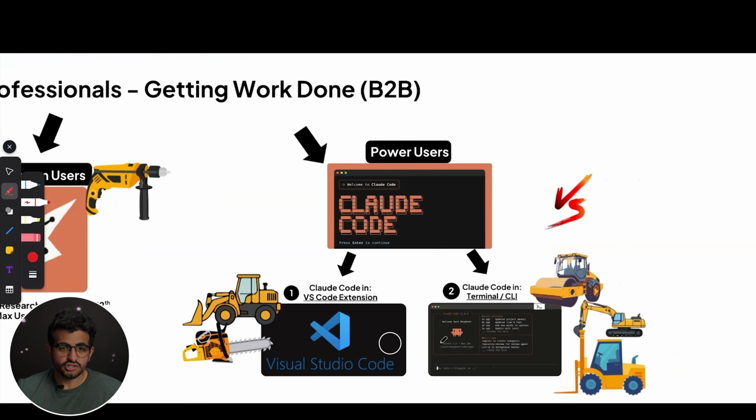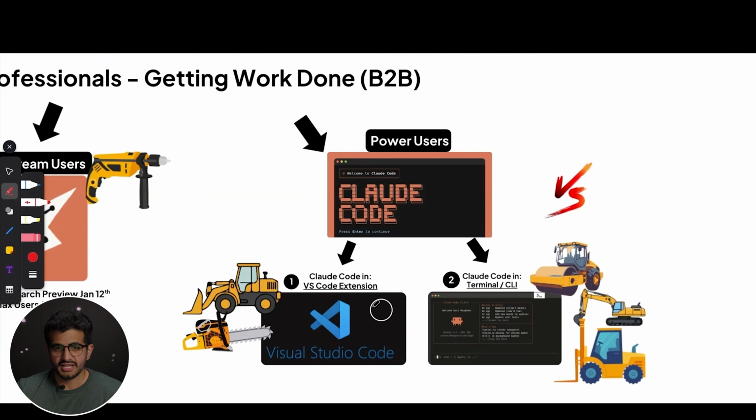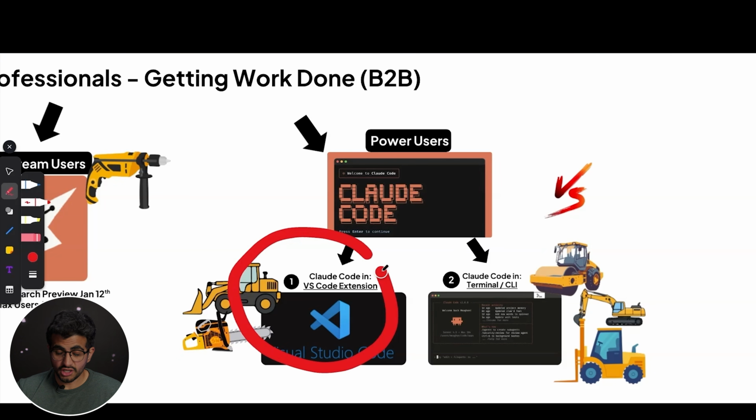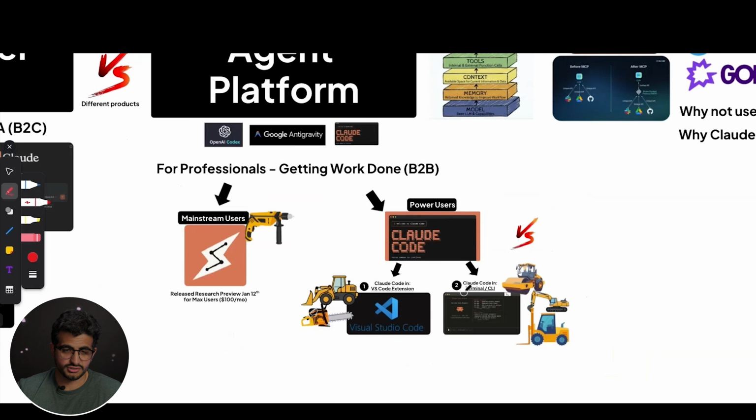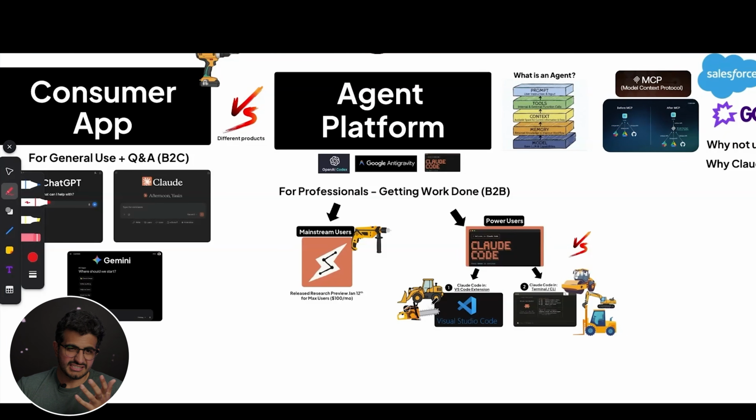And then right here, you're gonna see that there's kind of two different versions of this. There is the VS Code extension, which is what you saw us use and what I went ahead and helped you set up. And then there's also the terminal CLI version. But again, this is what I call kind of like the power user version. Okay, so up until probably the last 6 months, there was only the consumer app, and then there was the